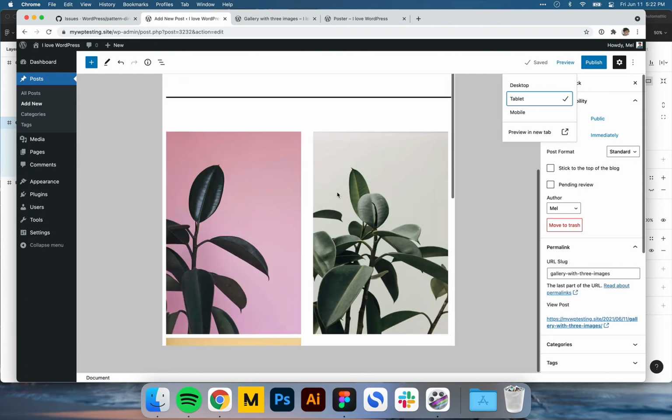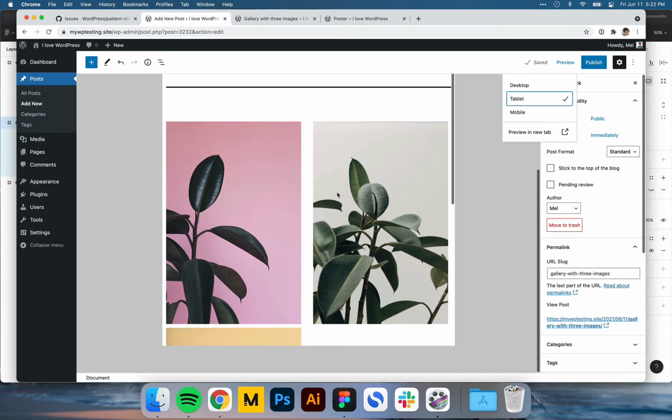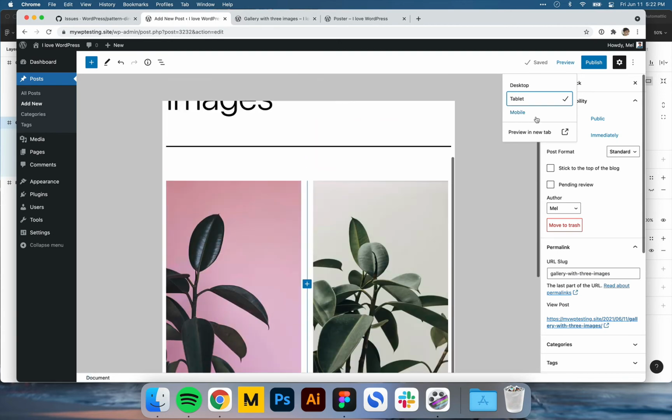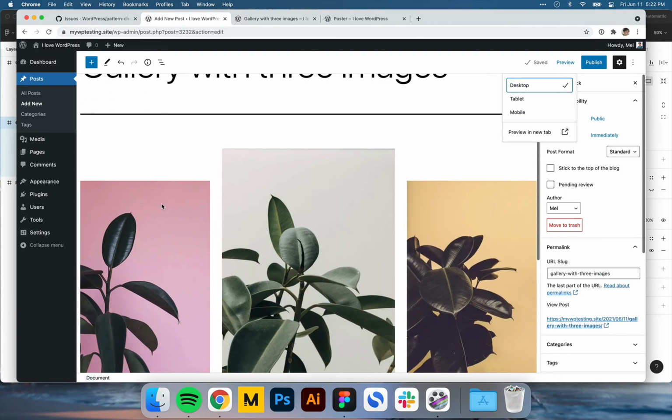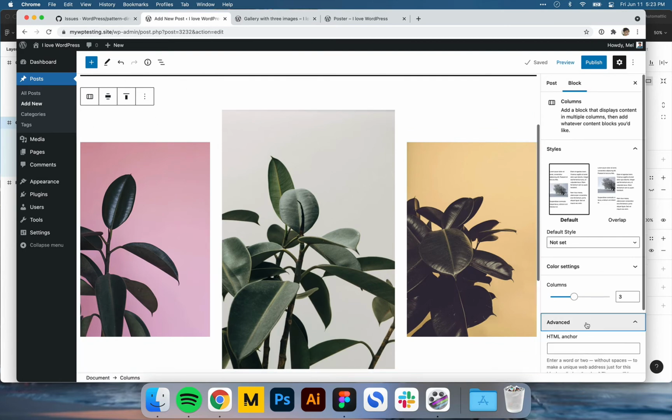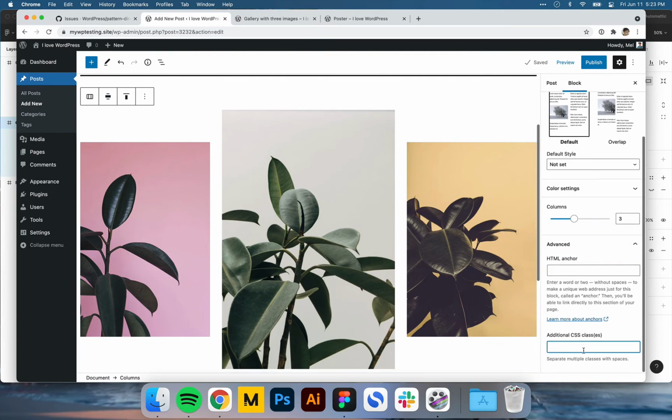And if you're including your patterns in a custom theme, for example, you could add a custom class to your pattern. So what you could do here is you have this column under advanced, you can add a class, and then in your theme CSS, you can target it if you want, kind of complete control of the CSS here.